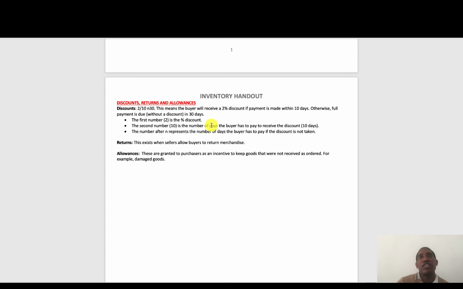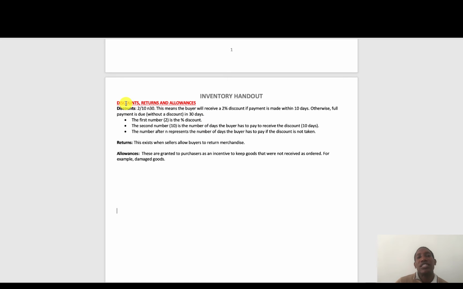So for example, if Dell sells 1,000 computers to someone, they give them 30 days to pay for those 1,000 computers. Well, what that means is Dell now has to wait 30 days. The computers are gone, the inventory is gone, and Dell now has to wait 30 days for the customer to pay. So one of the things that companies do is they provide an incentive for purchasers to pay early,